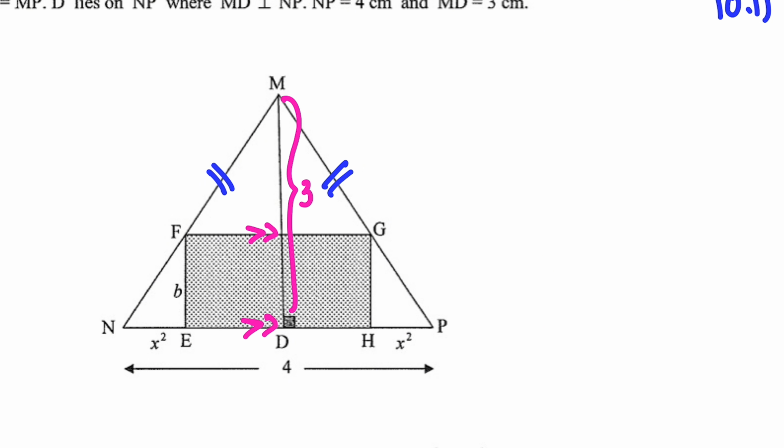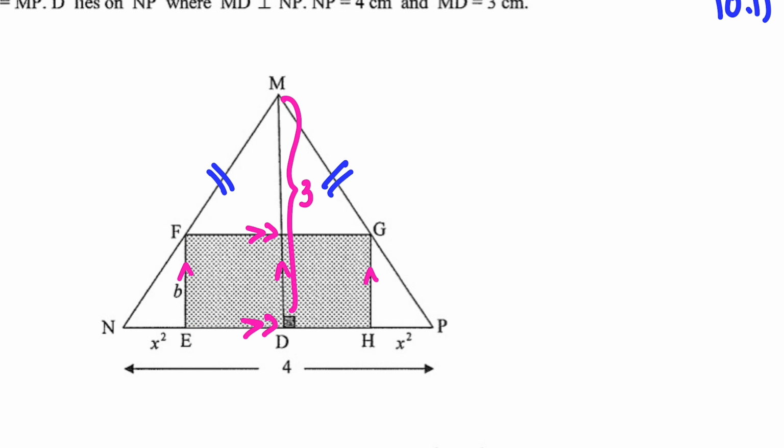We also know that the rectangle has 90 degrees here, so therefore the line FE is parallel to GH, but that also makes it parallel to MD. So what I can see is that this forms two different triangles. We have a smaller triangle, NFE, and we have a bigger triangle,